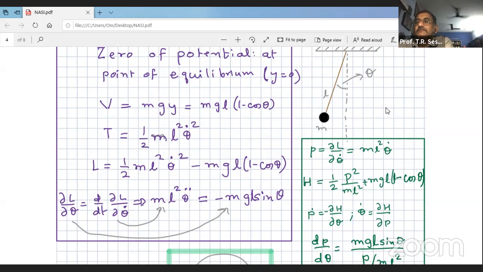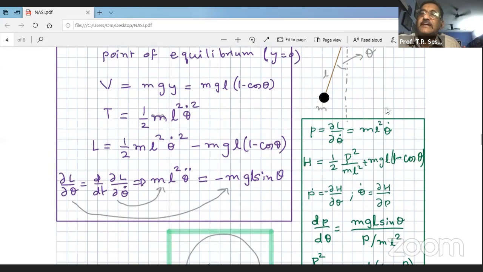Now, in order to construct the phase space, let me construct the generalized momentum, which I have written in the green box on the right side. p equal to del L